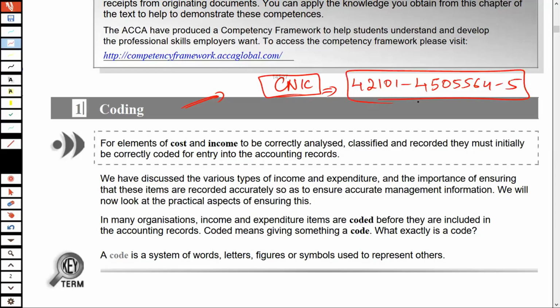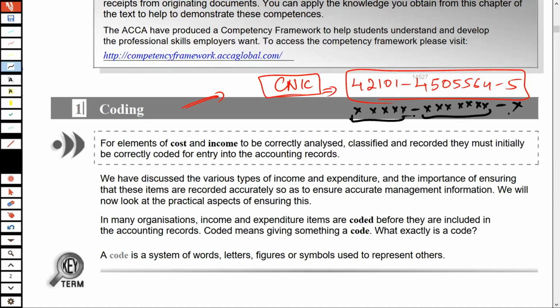If you look at the CNIC number of anyone in Pakistan, you would see that it looks like this: 1, 2, 3, 4, 5, 6, 7, 8, 9, 10, 11, 12, and 13. So if you look at any CNIC number, this is how it is going to look,